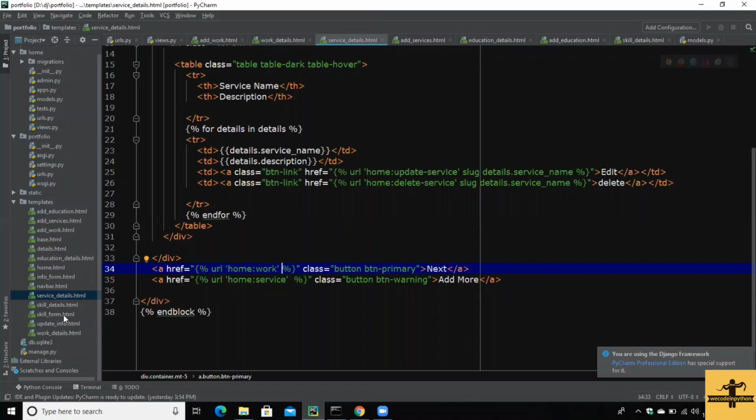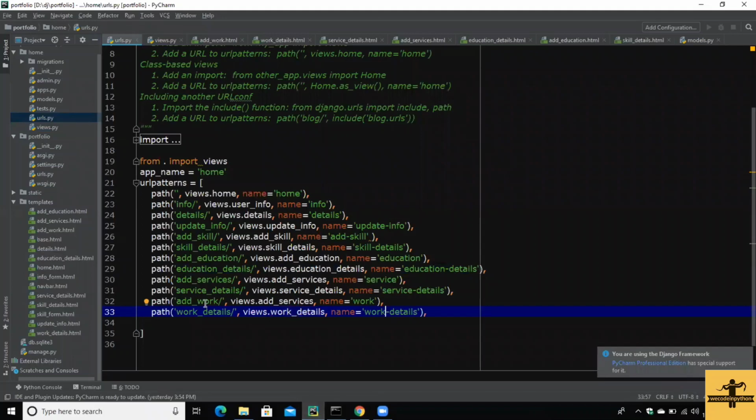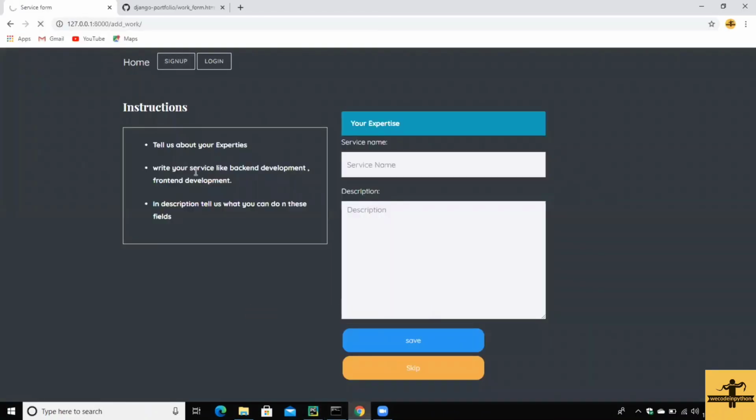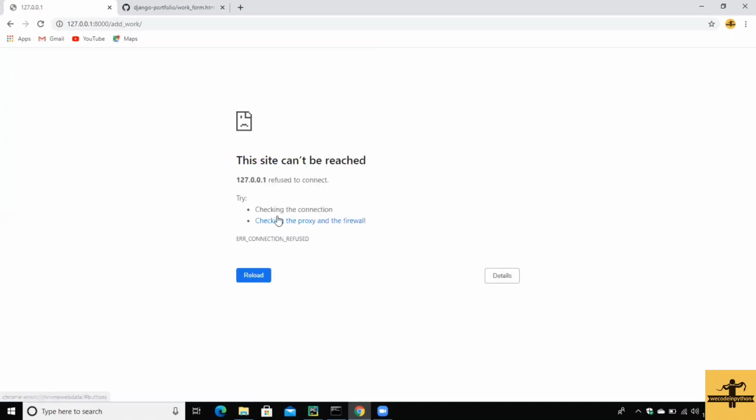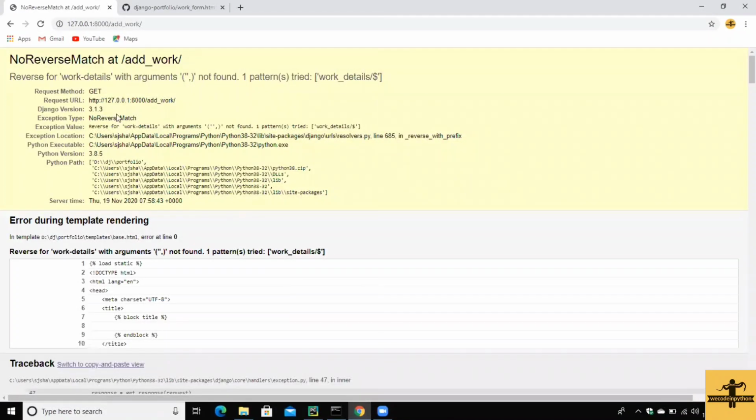Okay, homework, and here add work should have a function name as add work. Okay, now skip this. So work details tried not found. So work details